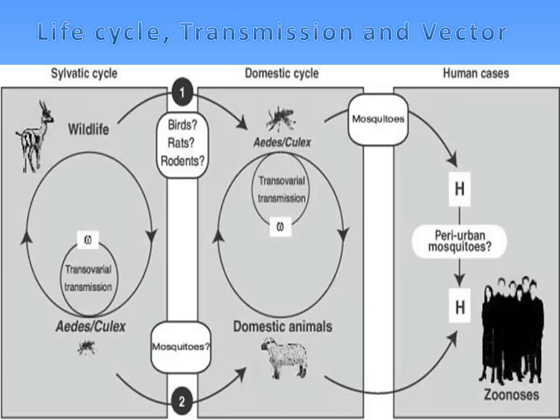So now to talk about the life cycle, transmission, and the vector for this disease. As stated before, this disease can be caused by both the mosquito directly infecting the human or the human being infected by a domesticated animal that has been bitten by the mosquito. So right here you can see that the wildlife is where the mosquito came from with that arrow, and then it can directly affect the humans or then also indirectly affect them,